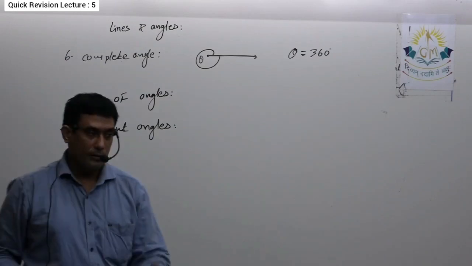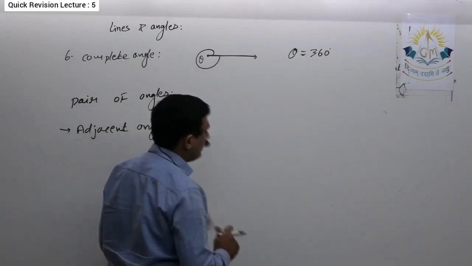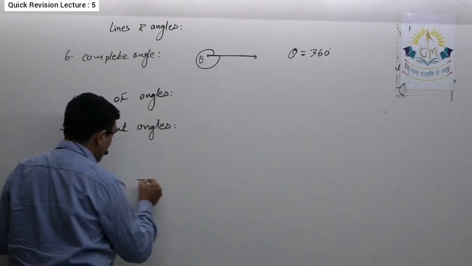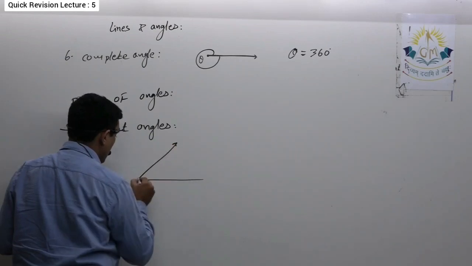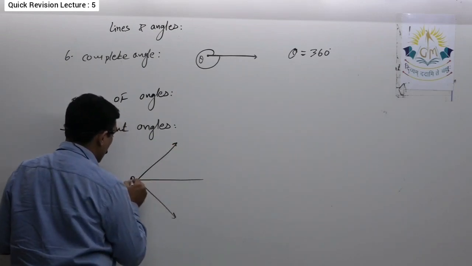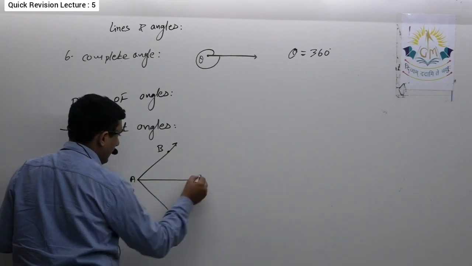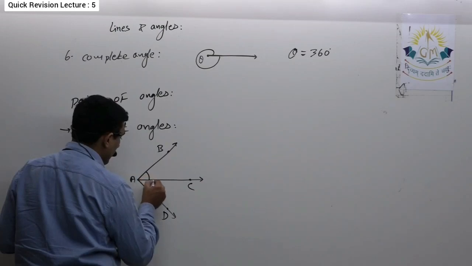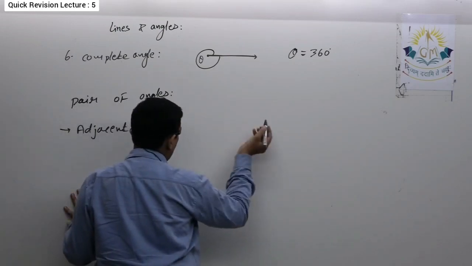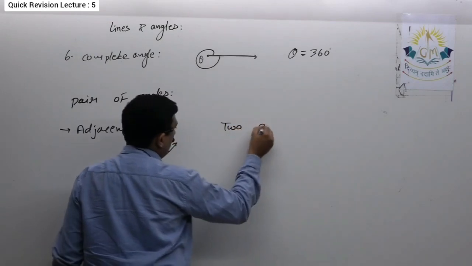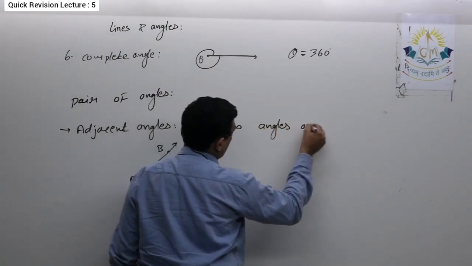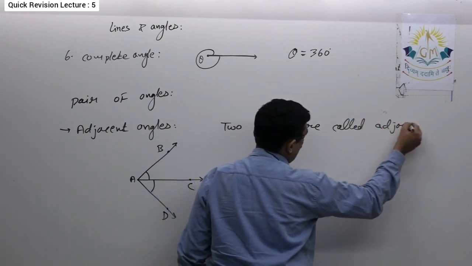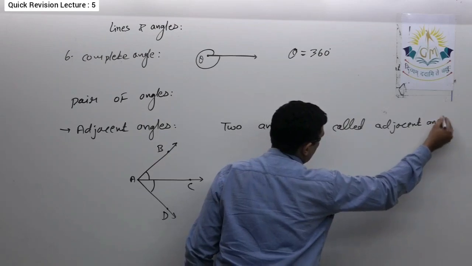Adjacent angles, there are three conditions by which we can say two angles are adjacent angles. So let me draw one of the adjacent angles. Let these be the angles BAC and CAD. Now these two angles are called adjacent angles if,